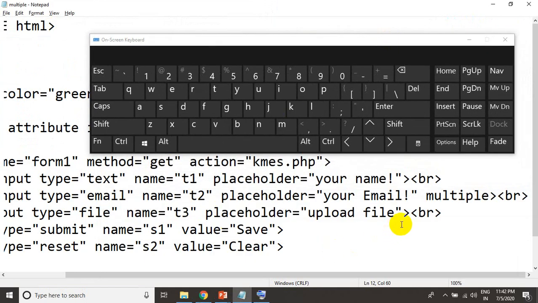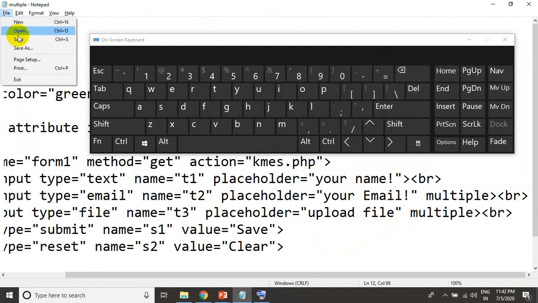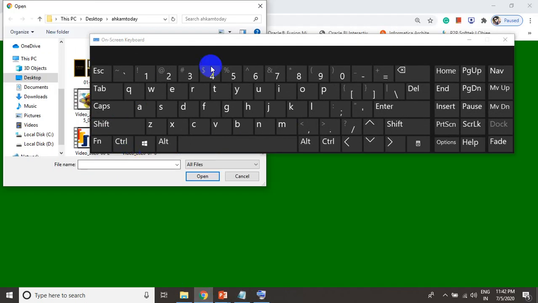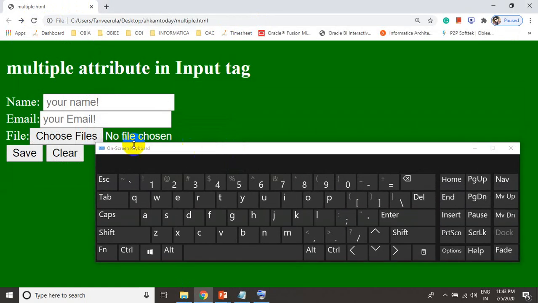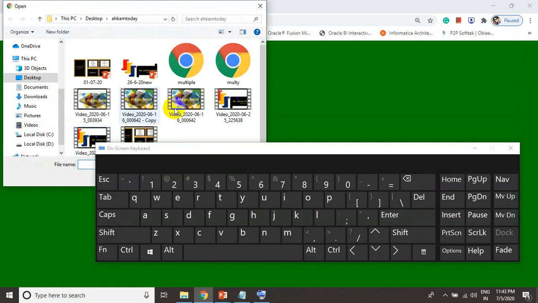But if I add the multiple attribute and click on the save button, so I have saved. Let me refresh the page. Okay, I have refreshed the file. Now when you click on choose file and press Control A, all files will be selected.